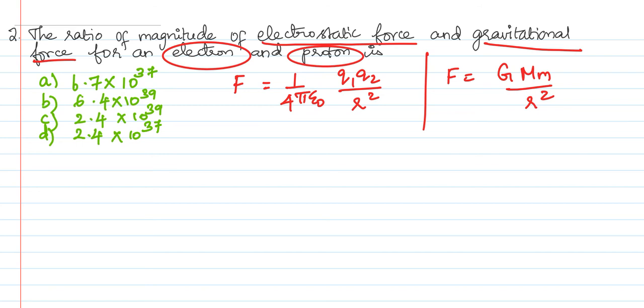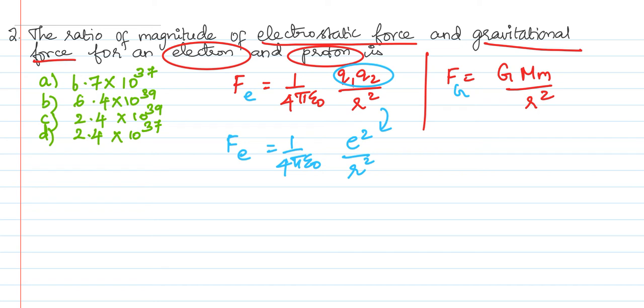So for that purpose, I'm going to name the formula in this manner. It is called Fe, and I'm going to call this Fg for my understanding, and then I'm going to proceed with the work. Q1 and Q2 both are nothing but e and e only. So I'm going to replace these two representations as what? e square by r square. So my original formula, what I'm going to execute over here, is getting modified in this manner.